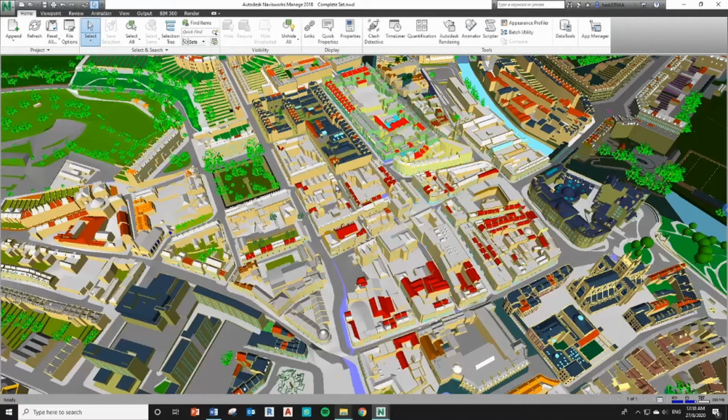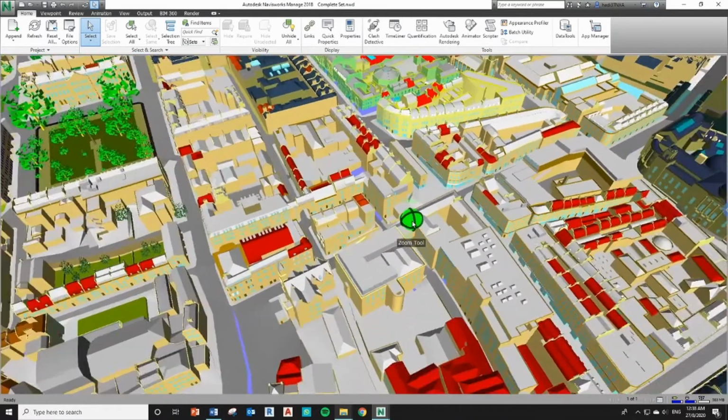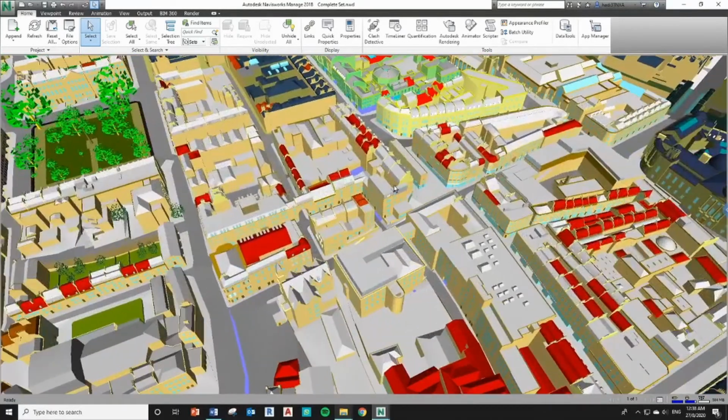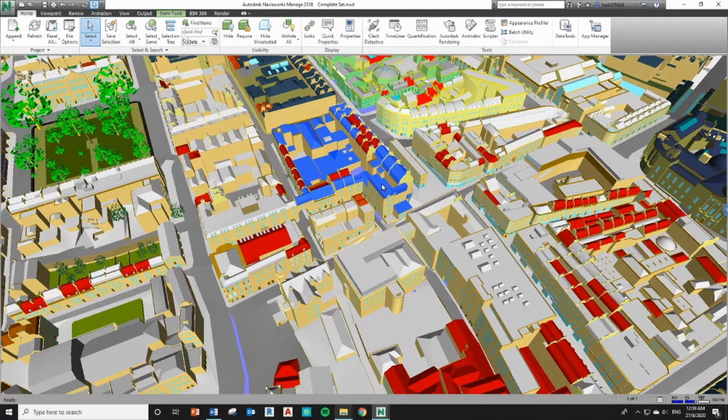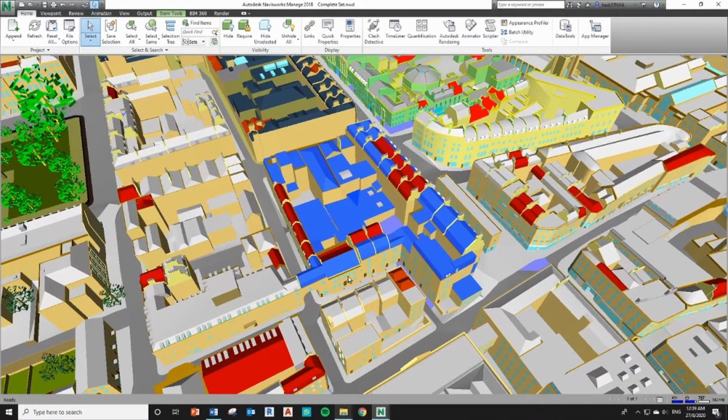Okay, let's get back to here. As you can see, I can zoom in and zoom out. In our previous lesson, as you can see, we are missing a few items that are important. If I were to select one of these items, I do not know where this model belongs to.